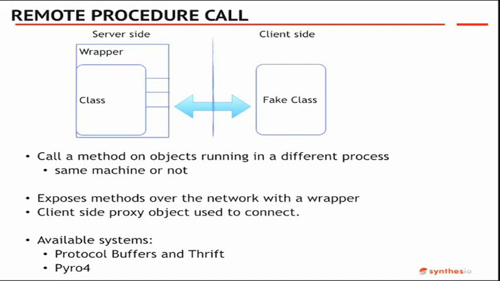We have also Pyro4, and this one I've used quite a lot. It's basically out of the box, so it will understand the methods and expose them right away. It works quite okay. But again, this is not what we wanted to do, because we wanted to have something more flexible, that's the keyword. We don't want to mess around with name servers, because if you want to connect to the wrapper, you need to know where it is. So you need to go look for it, you need to have a name service, you need to search. It's not something that you can easily do.